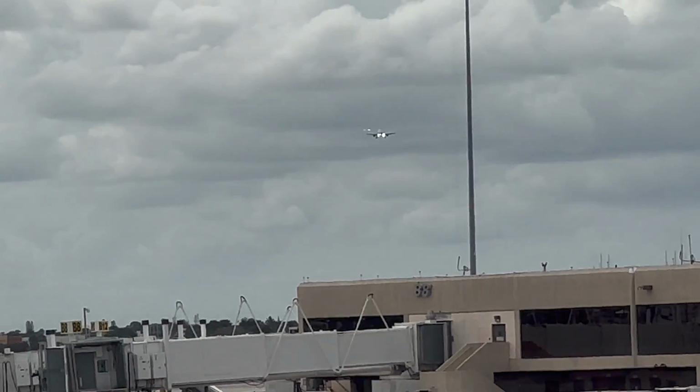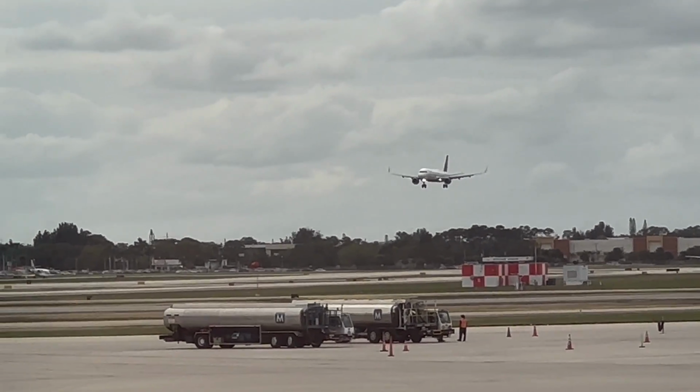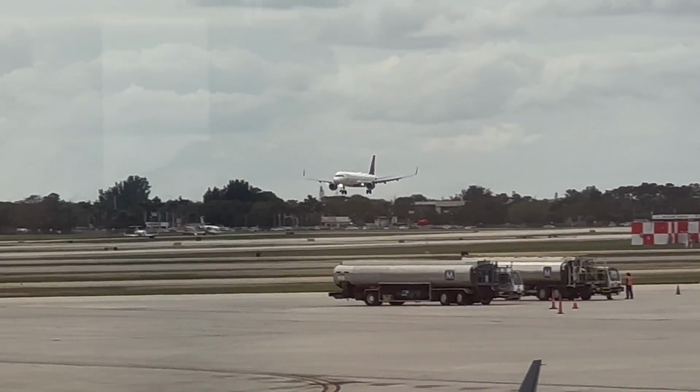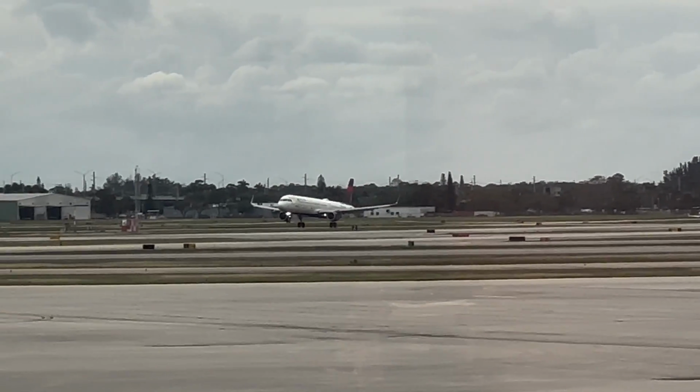My soon-to-be-flown-on A321 is on final approach to runway 10 left after having performed a left-hand traffic pattern to the runway after approaching the South Florida area from the north. Check out the video of my flight to PBI where I fly the same approach. In that video, I strategically sat on the left side of the plane since we made left-hand turns to the